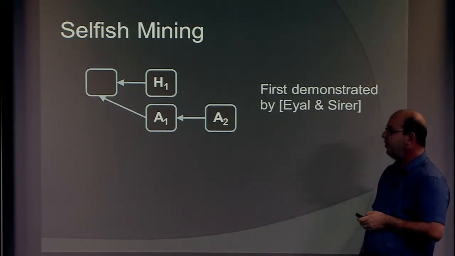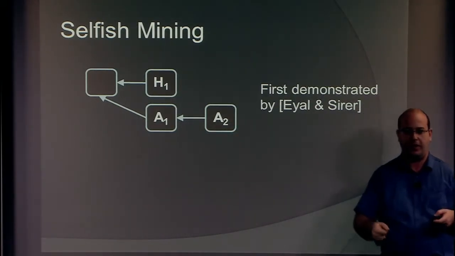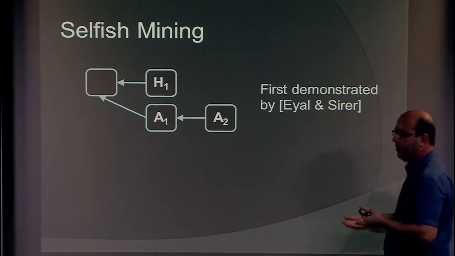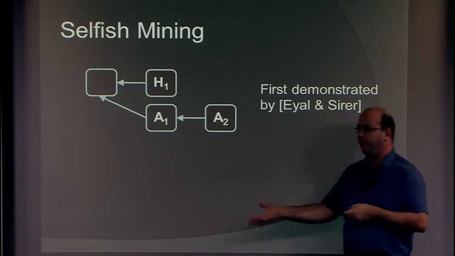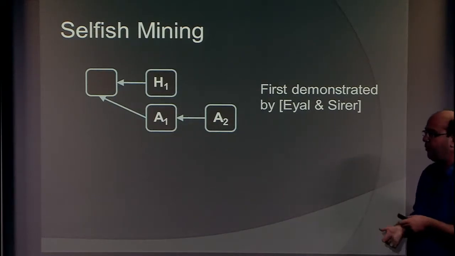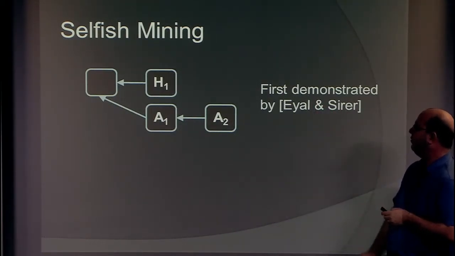And so the end result is that what I really care about is what fraction of the blocks on the chain are mine and what fraction belongs to the opponent. Right? So if I manage to knock out many more blocks for every one that I lose, then in terms of the fraction of blocks that I'm winning, I'm getting ahead. Okay, so that was the realization of Eyal and Sirer.